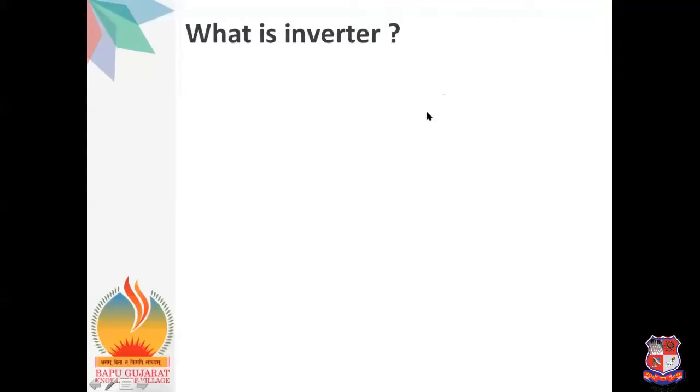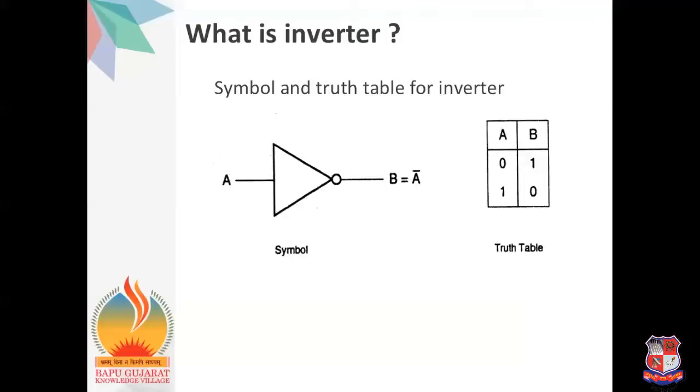So first, let's start with what an inverter is. An inverter is a basic logic gate which converts the input into the complemented output. Let's see the symbol and the truth table of the basic inverter. The symbol has a single input and a single output. Here A is the input and B is the output, so B is the complemented input. The truth table shows the complemented output. Whenever the A input is 0, it converts into 1, and whenever the A input is 1, it converts